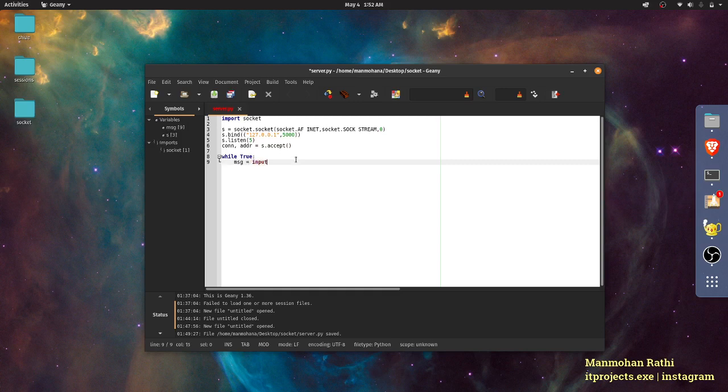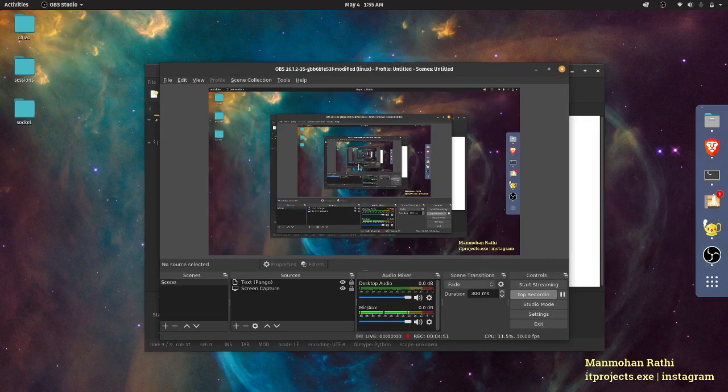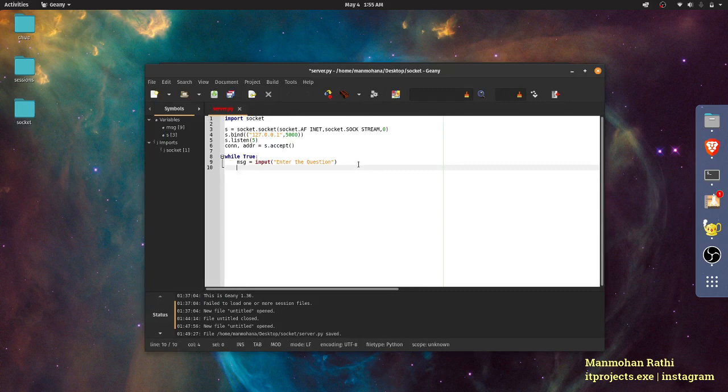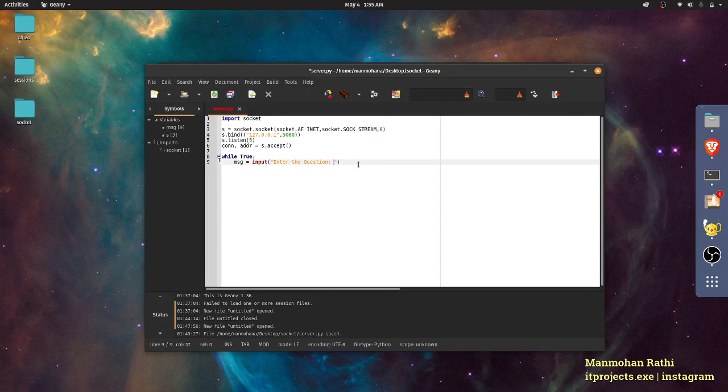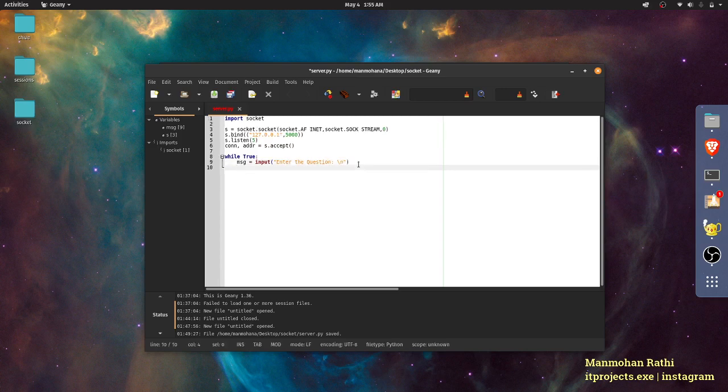We'll take the user input, so let's type here, enter the question, then add a slash n so that it continues from the next line after that sentence.